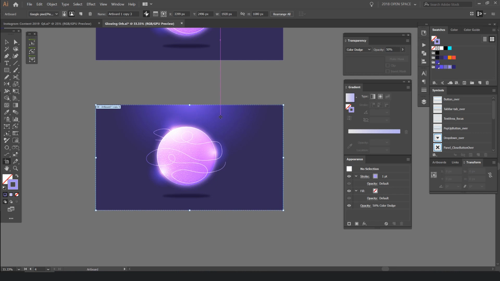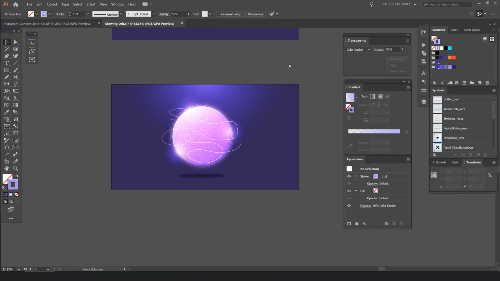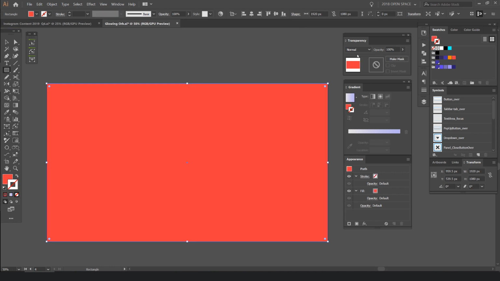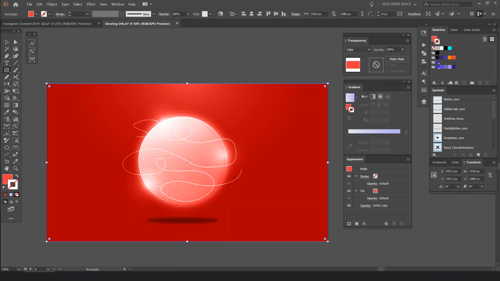I'll make a duplicate just in case. And what I like to do as well is I can change the color really easily by pressing M. I'll make a box over the whole thing, and then I'll put the fill on. And what I'll do, I'll go to my transparency panel, click the drop down and click on color, or you can click on hue,